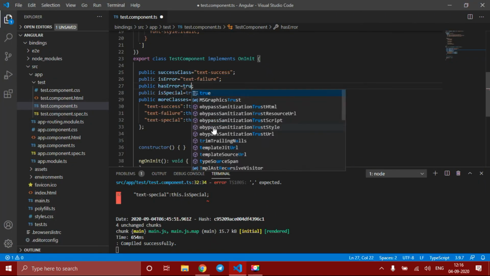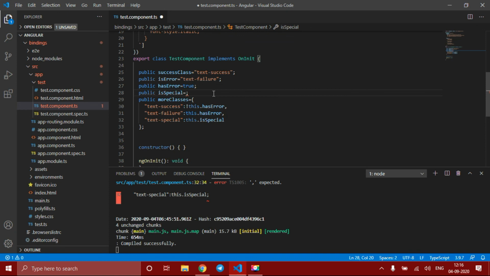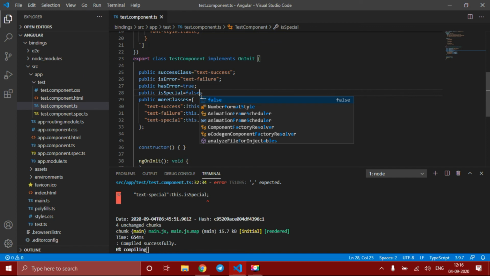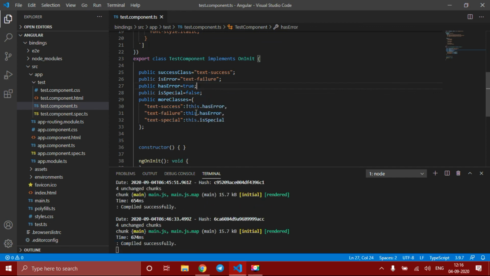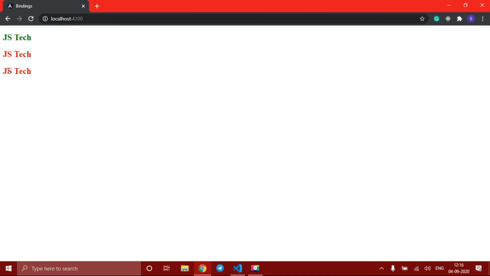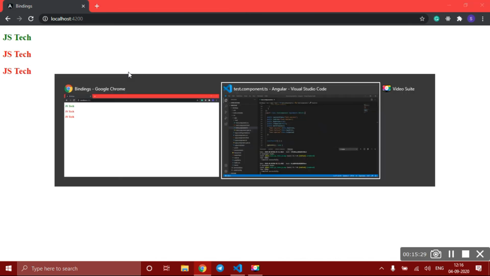I have an error and I don't want this to be special, so I'll write false. What will happen now? Since not this.hasError contains false, green color won't be applied, but red color will be, and since isSpecial is false, special also won't be applied. You can see that only red color is applied.